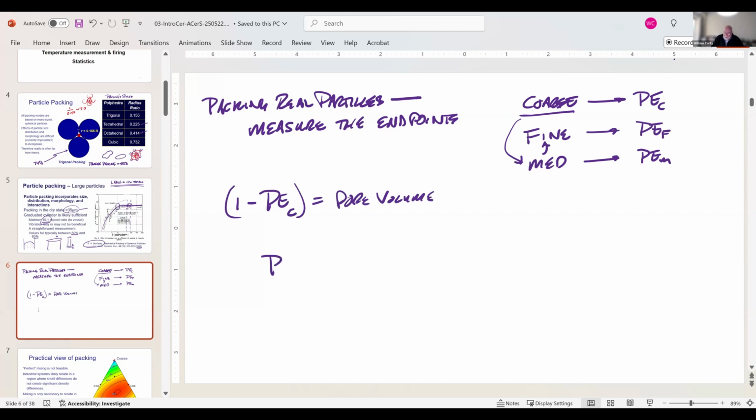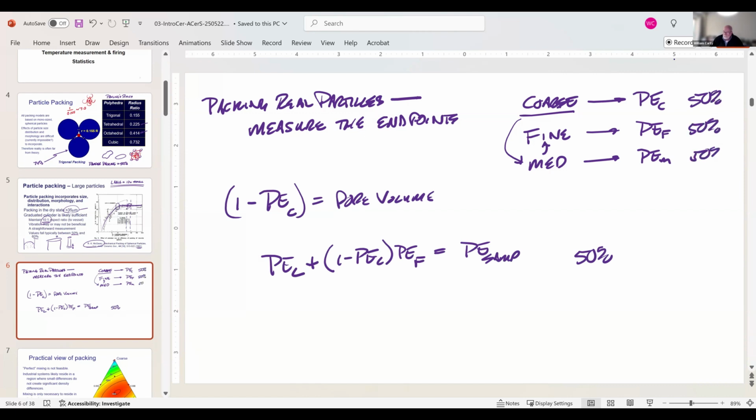And if I take my packing efficiency of coarse plus the pore volume, 1 minus packing efficiency of coarse, times the packing efficiency of the fines, this will give me the packing efficiency of my sample. So the simple math would be, if I have 50% packing efficiency here, and 50% here, and 50% here, I can say 0.50 plus 1 minus 0.5 times 0.5